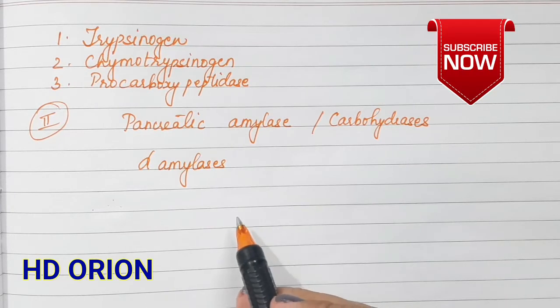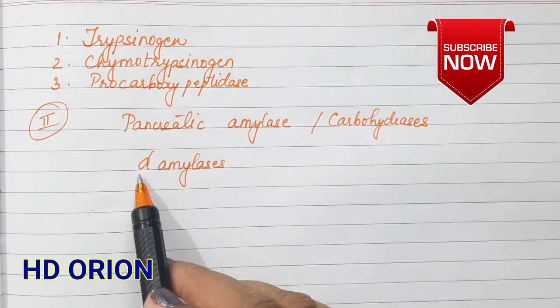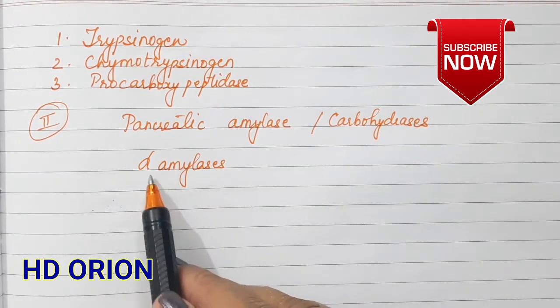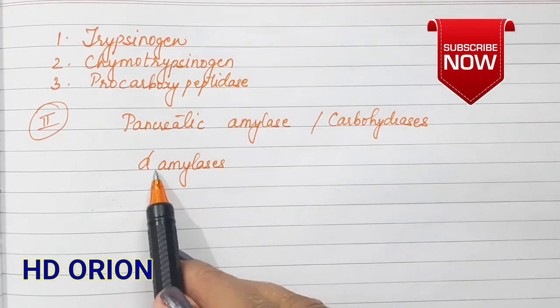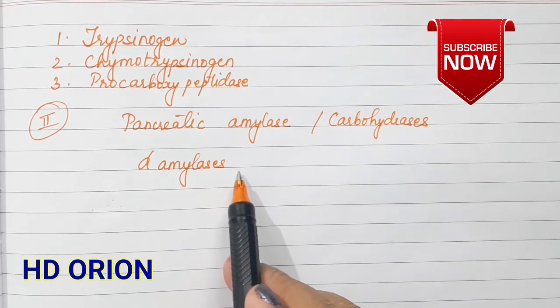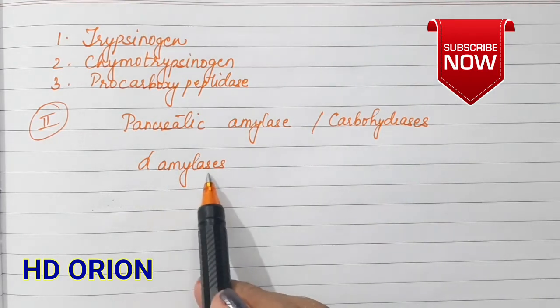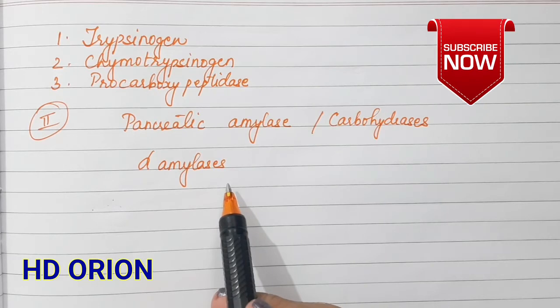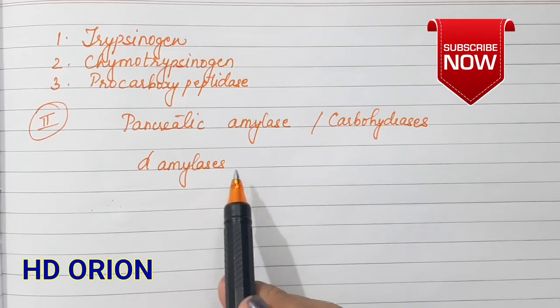The carbohydrates actually have two types of bonds, the alpha and the beta bonds. So we have mostly the alpha amylase enzymes. The alpha amylases are therefore present in the body, and those carbohydrates which have alpha bonds are easily digested. But we cannot digest those carbohydrates which have these beta bonds, and therefore we do not have the beta amylases, and we are unable to digest them, like cellulose. So the alpha amylases are present, which help in the digestion of the carbohydrates.